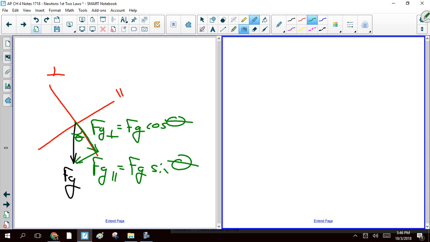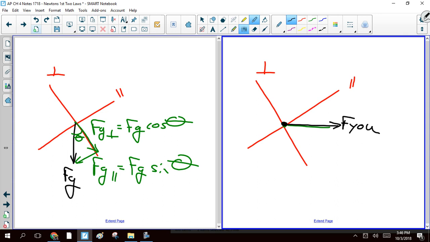Now, what about FU? So here's my parallel axis. Here's my perpendicular axis. Here's my FU, right? I guess the thing to notice here is, remember, this angle here is theta, right? That means that this angle here is theta. So I want to draw a triangle that includes that. So what you end up with is